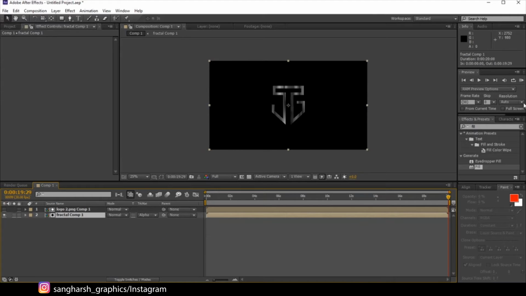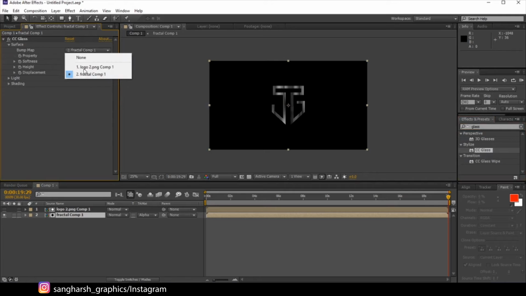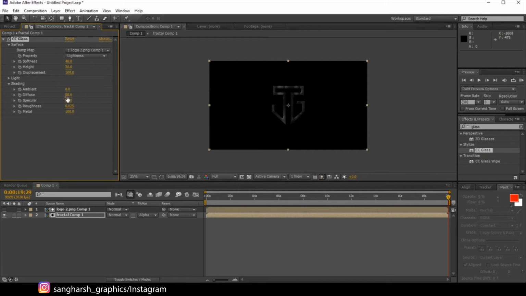Now select the fractal composition, search for glass, apply it, go to the surface, make it the logo composition, let's make the softness 40. Let's just try to increase the height just a little bit, just 30, yeah, 30 will be fine. Now go to the shading, ambient 0, diffuse also 0, specular 100%, roughness, let's make it like 0.5,